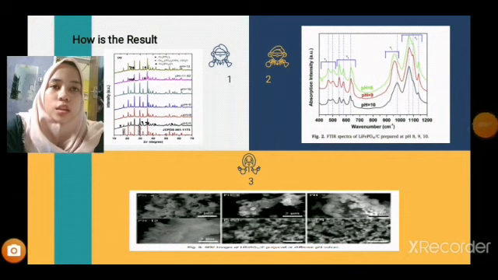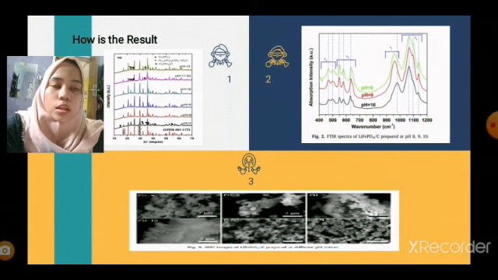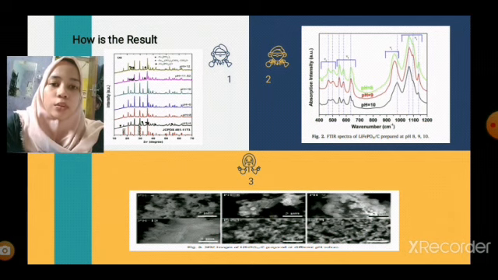Okay, the next is how is the result? You can see picture number one. Picture number one is the result of XRD patterns of lithium iron phosphate prepared at different pH values. X-ray diffraction of lithium iron phosphate prepared at pH 4 shows an impurity phase, Fe3(PO4)2, which is apparent from the extra diffraction line observed around 15 degrees 2 theta, and is not so obvious at high